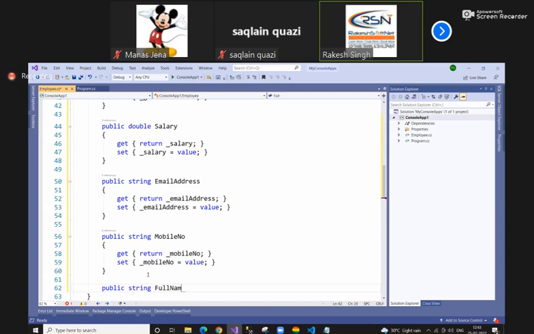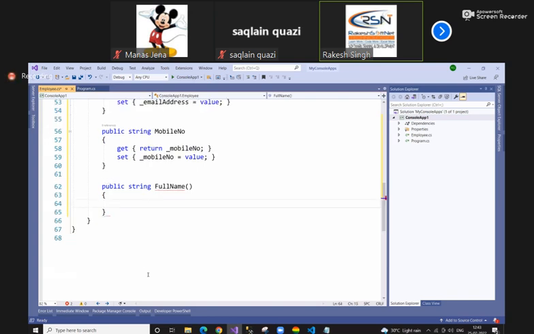It returns underscore first name plus one white space. Instead of this one, you can use